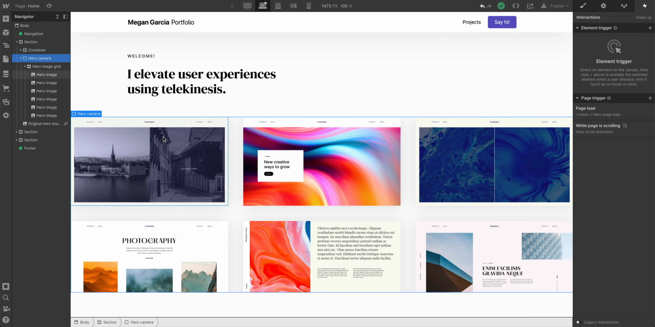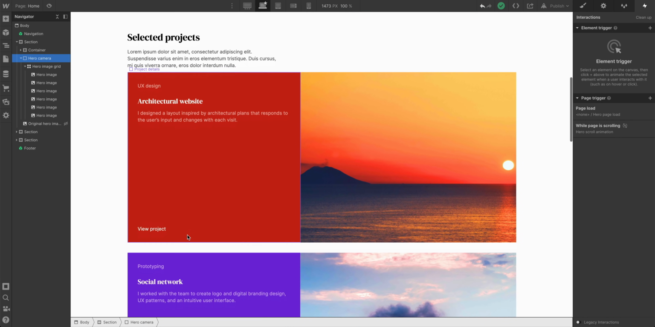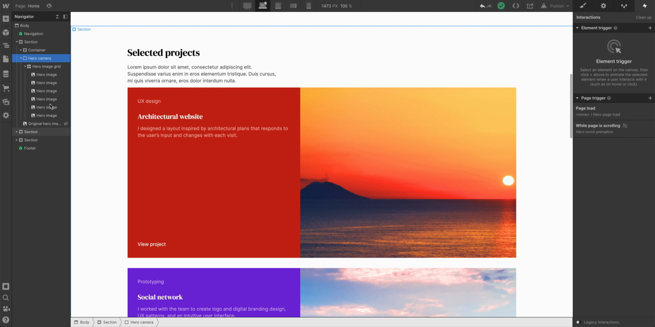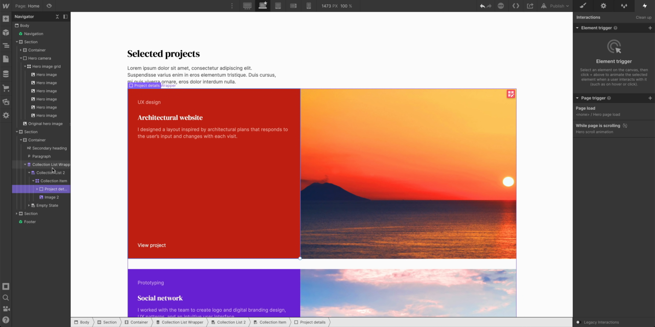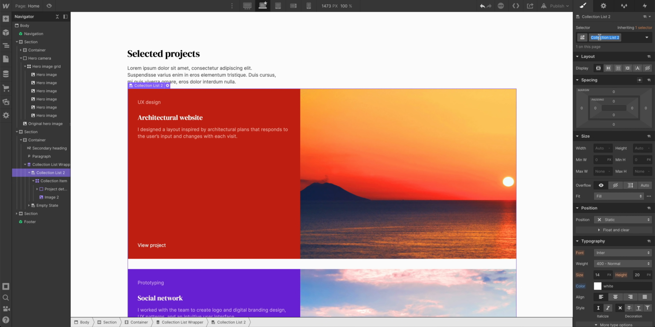Let's move on to our final interaction. And for this one, we're going to be affecting our selected projects. Again, this is on the home page. And each of these selected projects, as a refresher, is made up of, let's rename some of these to keep organized. We have this collection list. Let's call this selected projects list. And we have a collection list wrapper that contains all of them. We're going to be working inside of this collection list. In fact, we'll be working on the